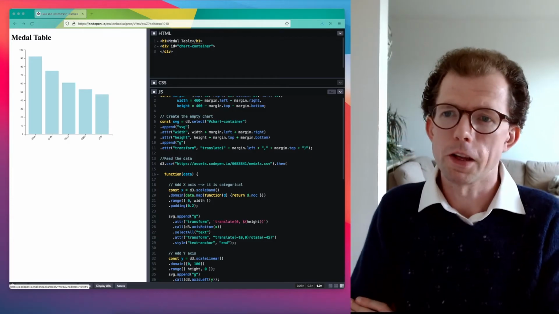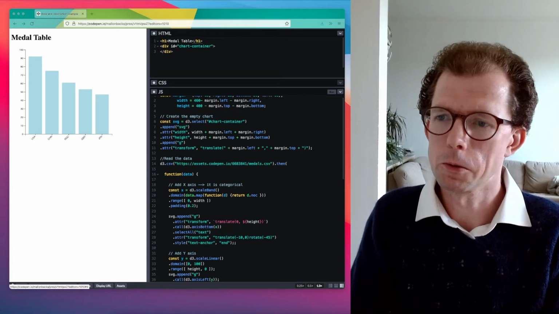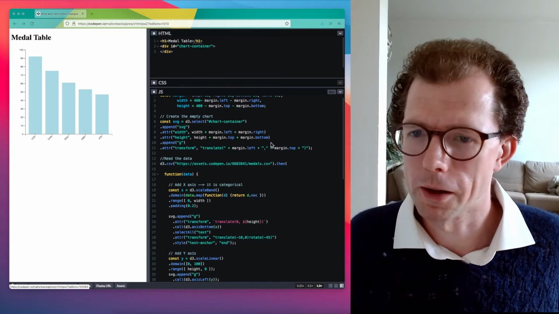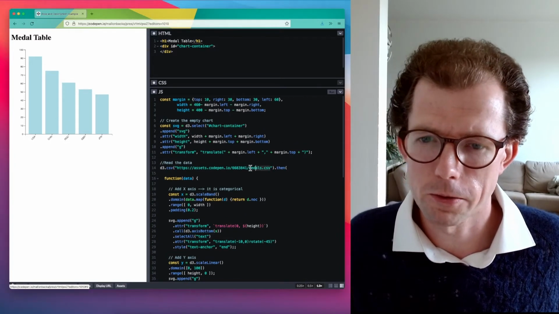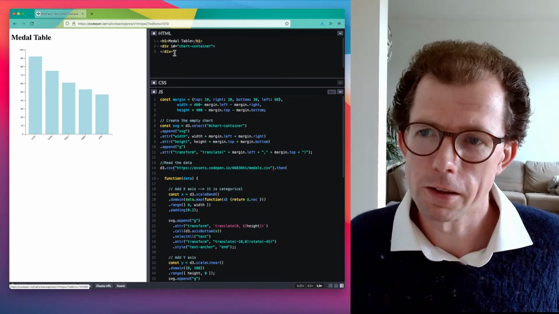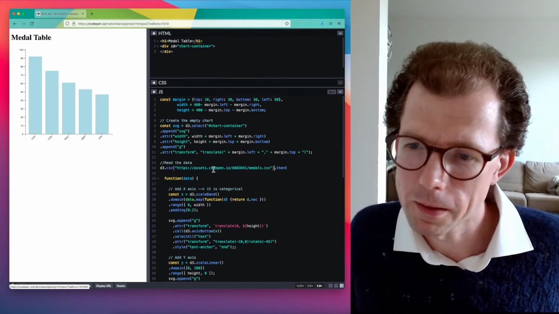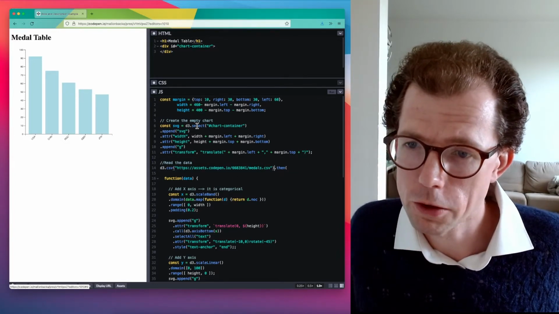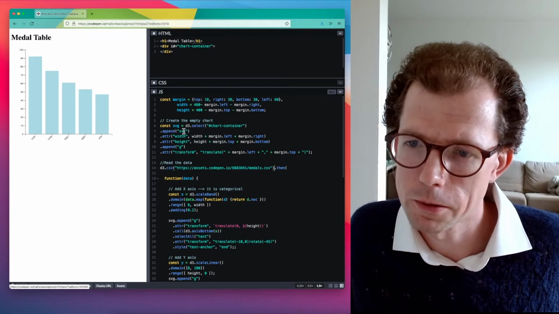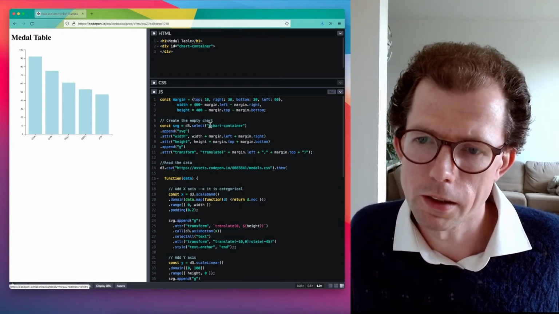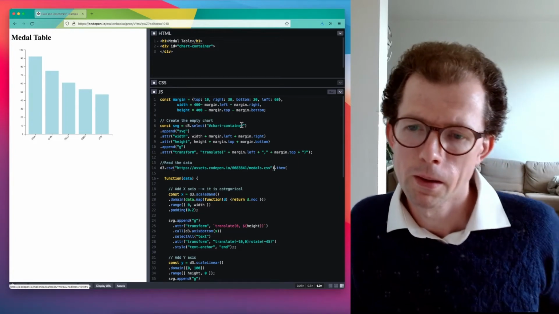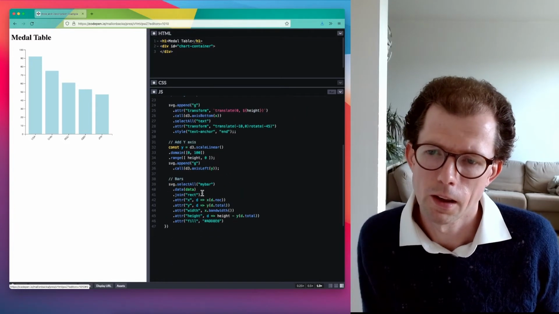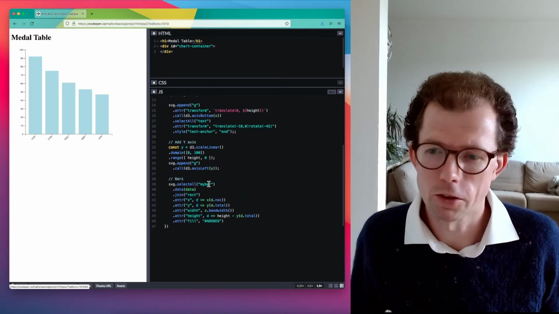So for most of the rest of the video, I'm going to be using this example to demonstrate the improvements we can make. And basically this is a simple bar chart which is being created from a CSV file. The HTML is simply just an empty div with an ID, and inside the JavaScript code, we create an SVG element, give it a width and a height, and we append it to this div. And then once we've got our CSV file open, we create the axes and we add the bars, which are just rectangles.